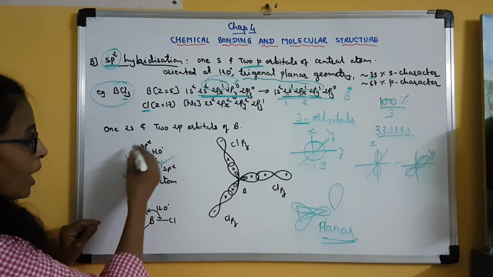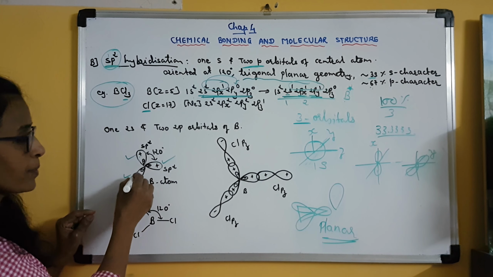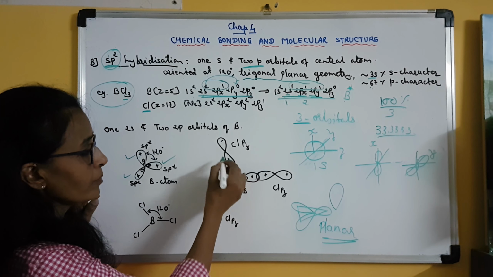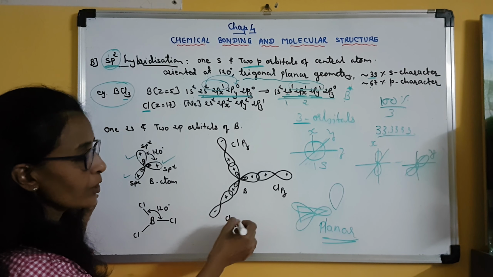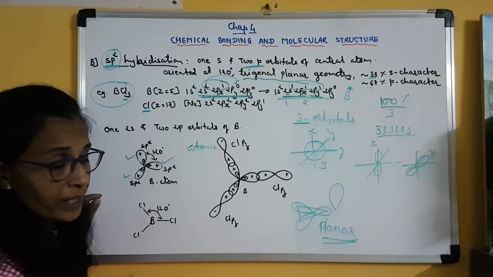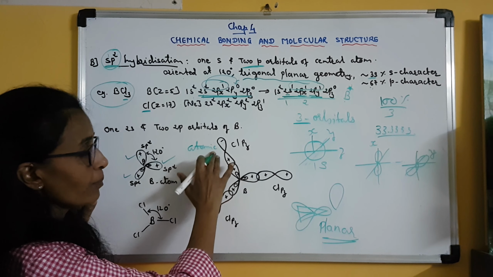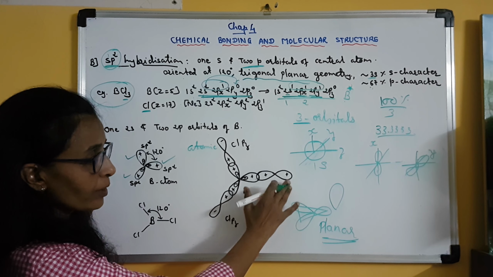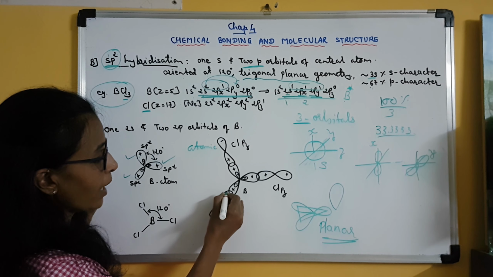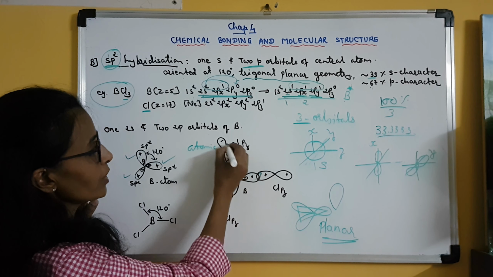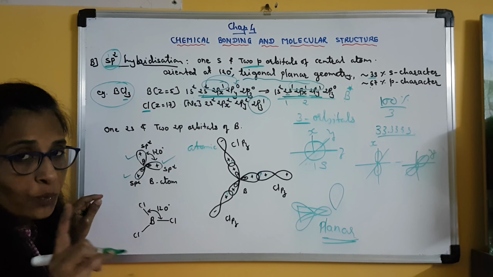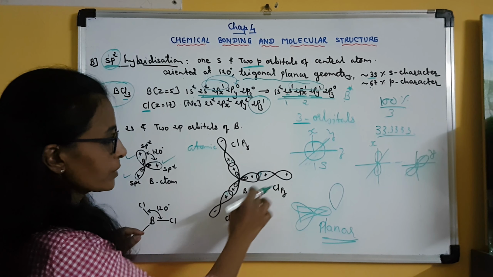Clear? Okay. Now after hybridization, these 3 hybrid orbitals will share, or accept, the electron from the 3 pz orbitals of 3 chlorine atoms. Now these are the atomic orbitals of chlorine. They are not hybrid orbitals. This is the pz orbital, which is the atomic orbital of chlorine. This is the atomic orbital of another chlorine. This is the atomic orbital of the third chlorine atom. Now these orbitals have one unpaired electron in them. You can see here, in the configuration I have written, in the 2pz orbital there is one unpaired electron. So this is the same for all 3 chlorine atoms.